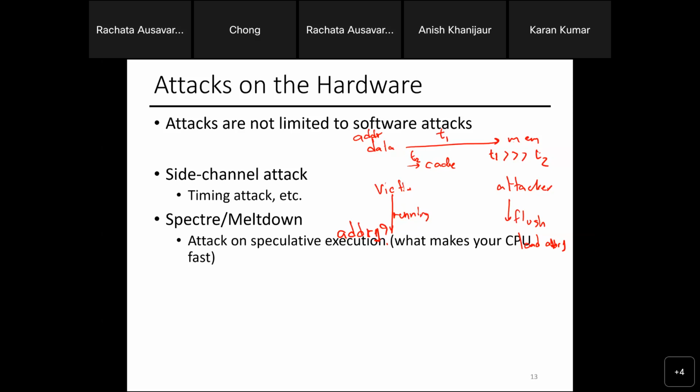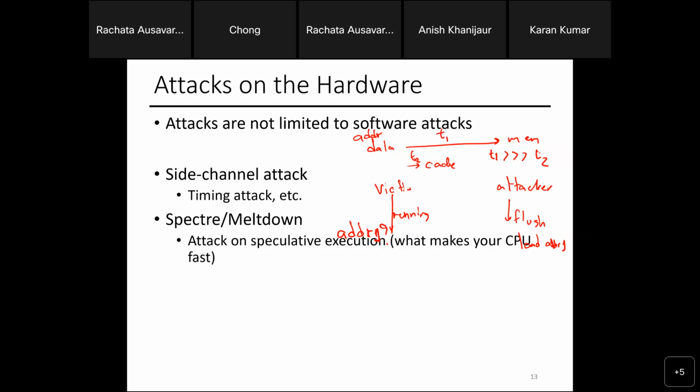The way I can do this, if I let the victim run without flushing the cache, some accesses will be fast, some accesses will be slow. I construct the attack such that only access to that address is going to be fast. The way I can do this, I load that address into the cache. That's the only data in the cache, which means that every other thing is going to be slow, right? Then I can just measure how long it takes for the CPU to access the cache. I keep doing that.